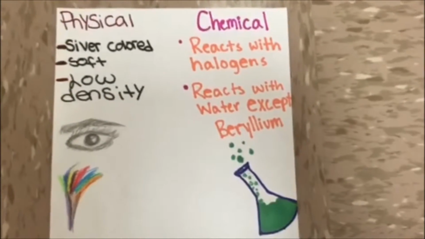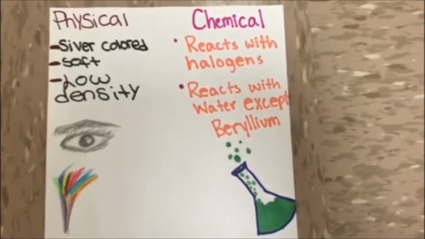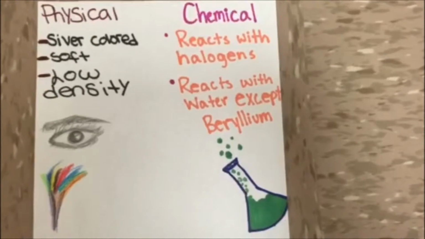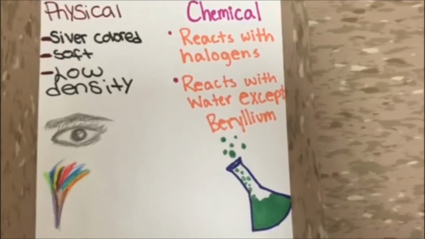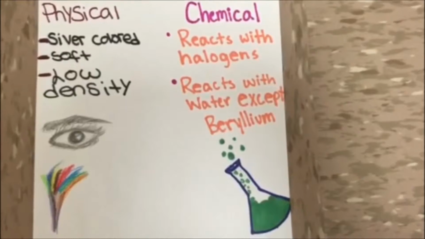Some of the physical properties that the alkaline earth metals have are they're silver colored, they're soft, and they have low density. Some of the chemical properties that they have are it reacts with halogens, it reacts with water except